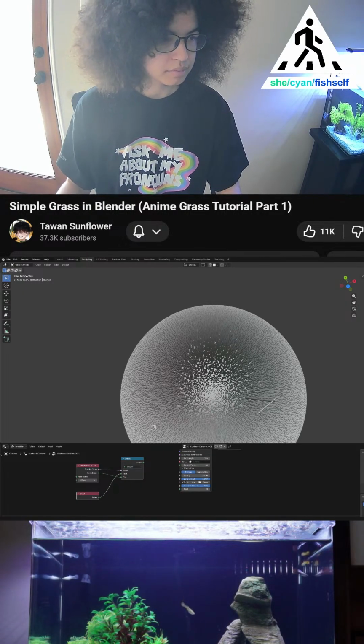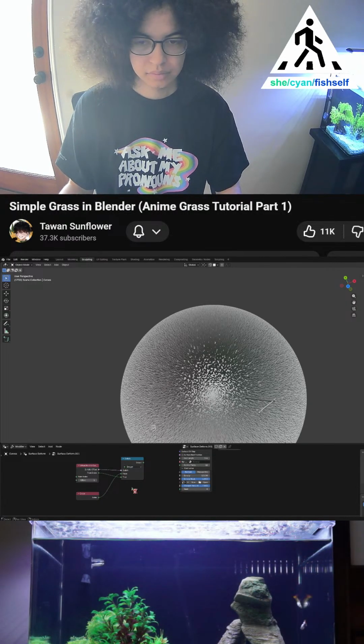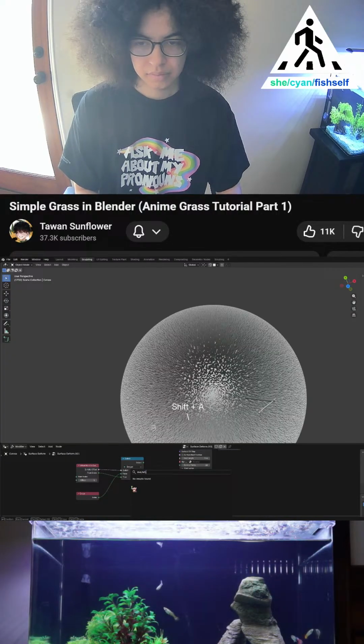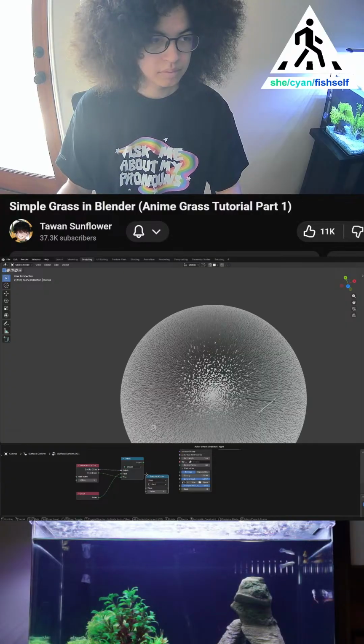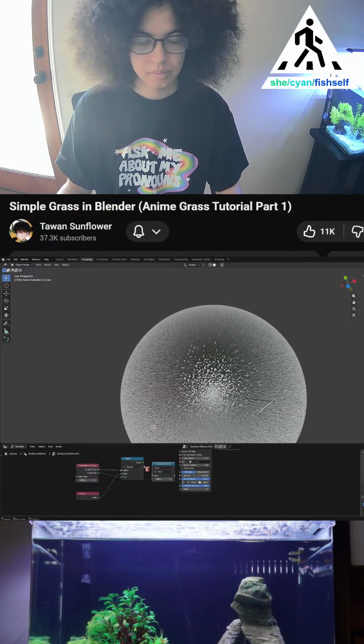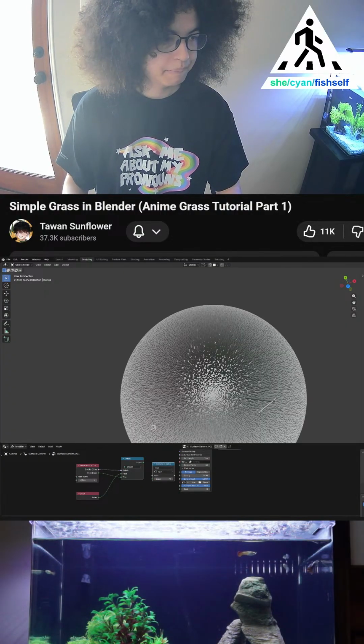We'll use an evaluate and index node set to vector and grab the position node and plug it like this to get the position of the previous point. And then add a vector math node set to subtract and plug the current position and the previous vector and grab the position